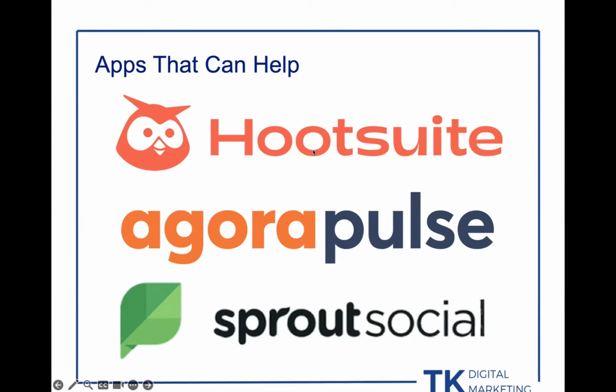You can also post stuff within there. You can upload the video once and it will shoot it out to the different social media platforms. These vary in cost. Some of them may be upwards of $100 a month, but if you're doing a lot of content, they'll pay for themselves pretty quickly. I've used Agora Pulse in the past. I like it. Like I said, I use Hootsuite now. And I know other people who use Sprout Social and speak highly of it. So if you're doing a lot of social media stuff, you really should be taking advantage of some of these apps out there that can help you streamline things and make your process more efficient.